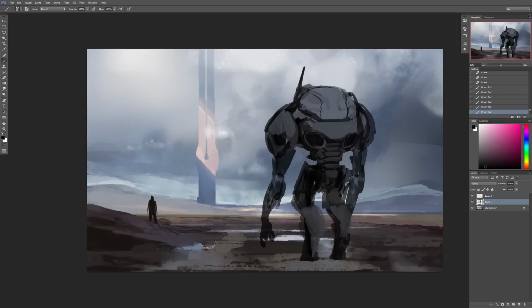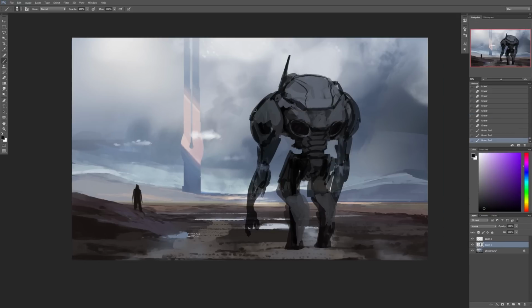As you can see now, I'm just adding a little bit of volume information, so that I know what my volumes in 3D space are going to look like, so that when comes the time to light it up properly, I don't have to think too much. So just doing some of the groundwork already. But yeah, I'm just gonna add some shoulder pads to this guy, and then after that, I'm gonna be done with this first phase of the painting. So as you can see now, I have pretty much all the elements,